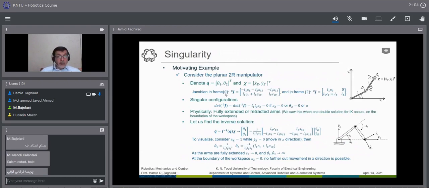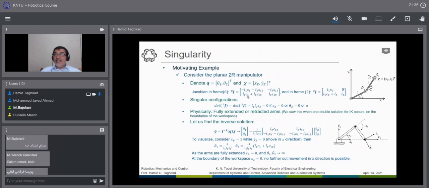If we find the same Jacobian in the task space in frame 2, sorry for that. If we find the Jacobian in frame 2, the Jacobian is very simple, and we saw that although these two are very different,